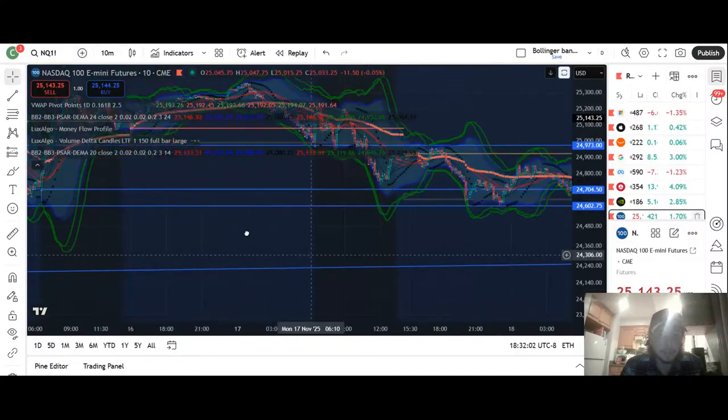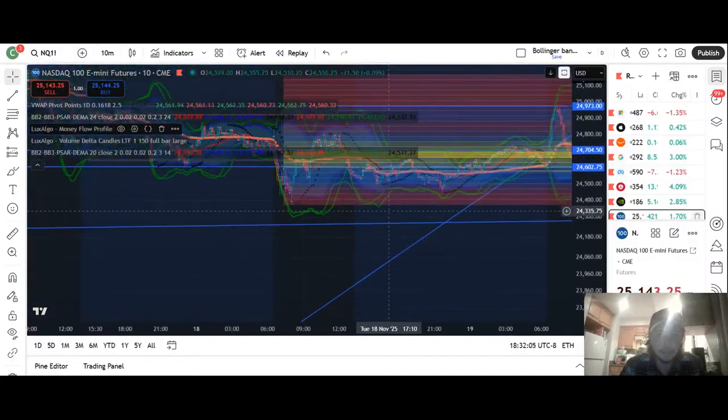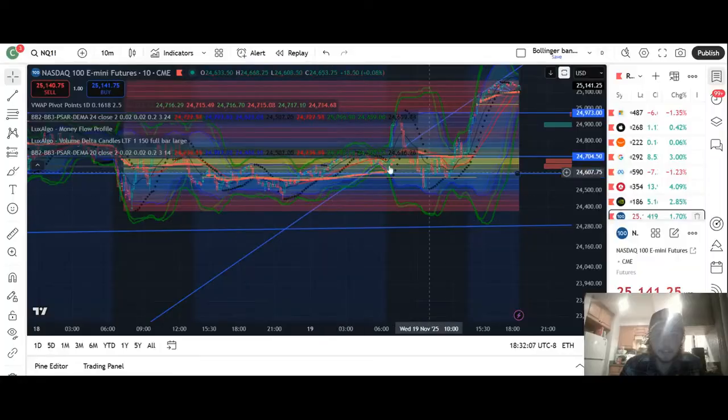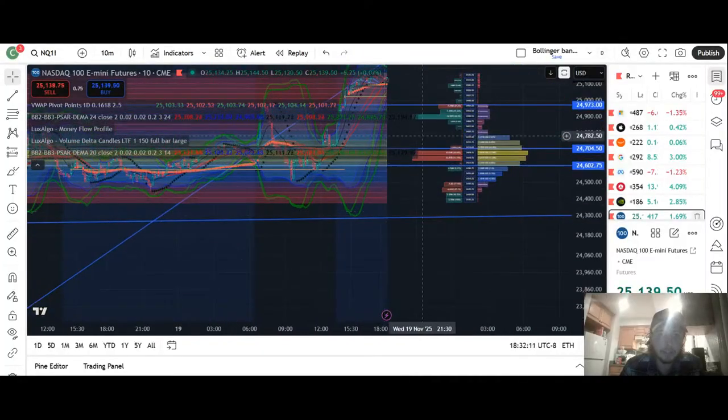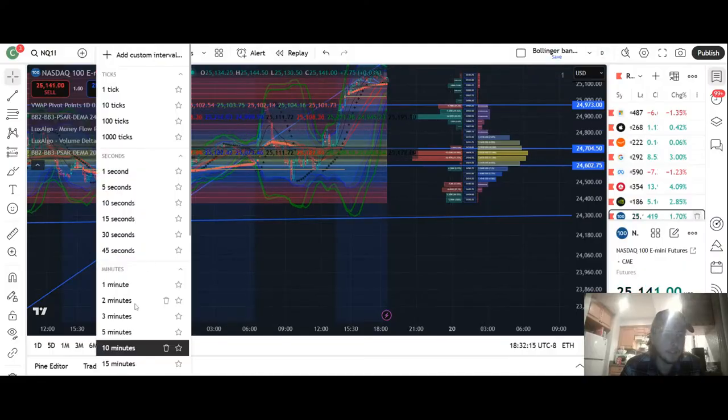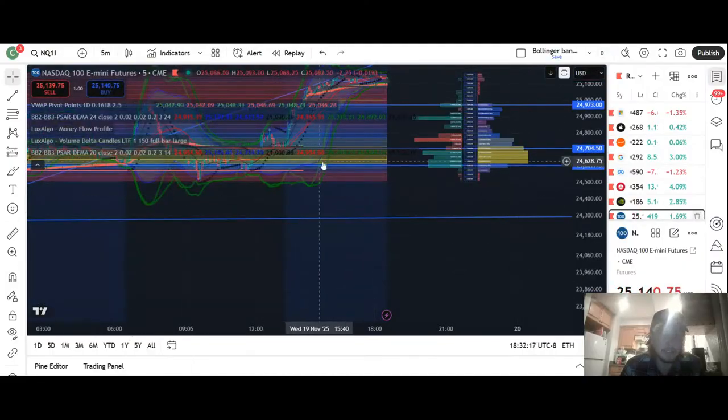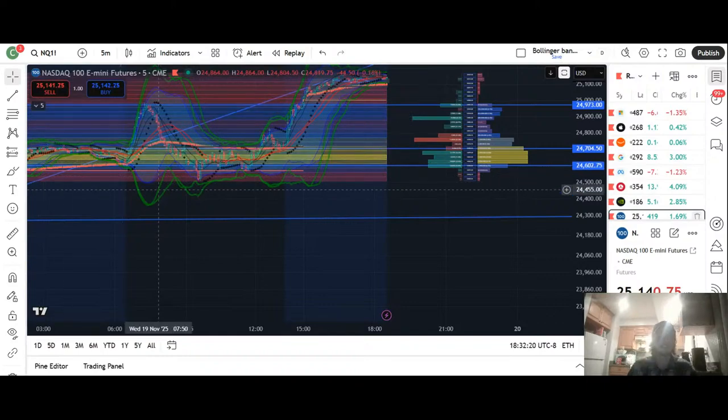And this is why the volume delta candles are really good to create some nice ranges, because it just helps you out with all this stuff. And then this little range-bound area can help you because the most volume is in this area, as we can see here, and as we can see here. So all of them go together, and that's the idea of creating Lego blocks and putting them all together like an AI type of